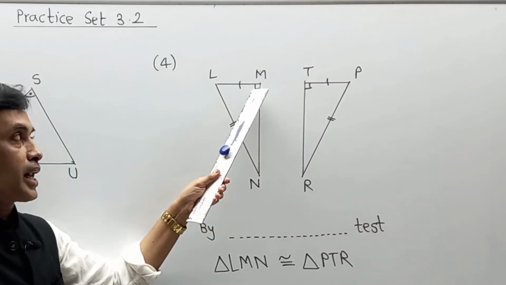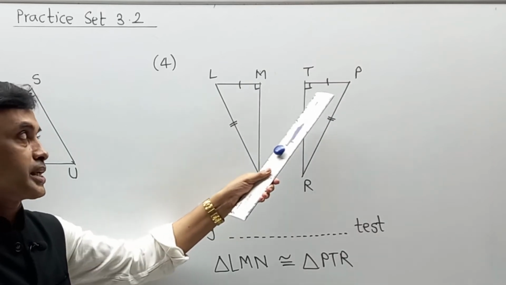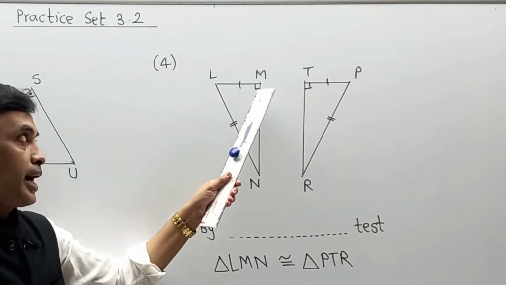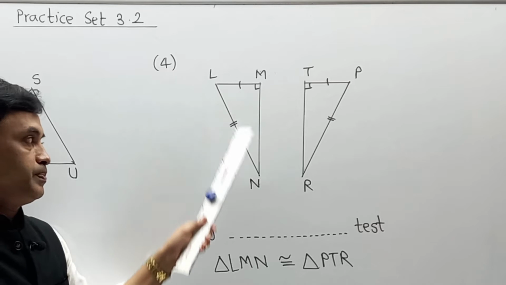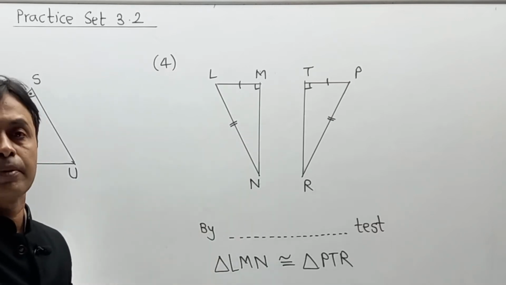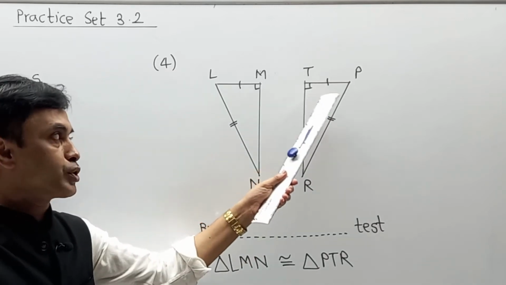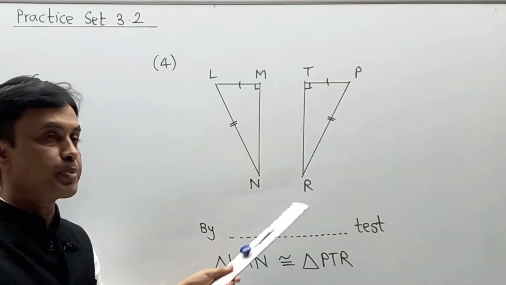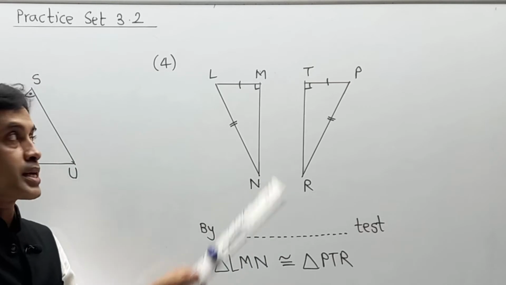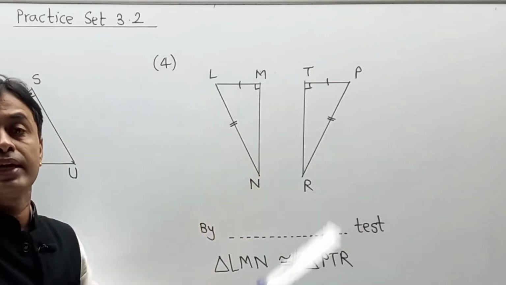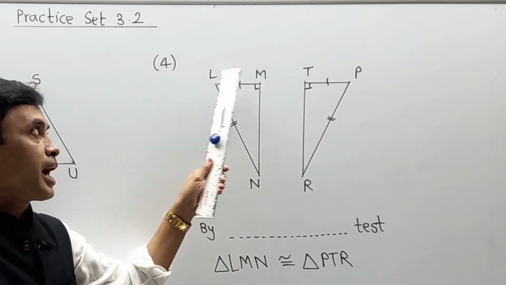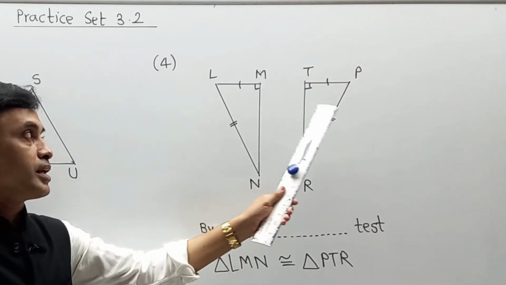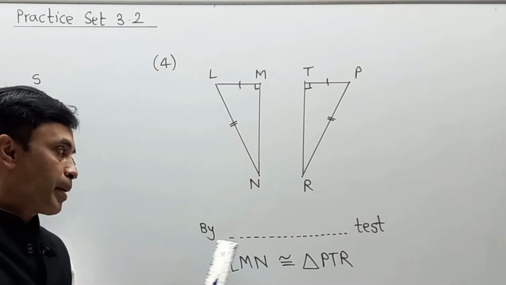After that, they have given angle M as 90 degrees by a symbol, and angle T is 90 degrees by a symbol. Opposite to angle M is LN, which is the hypotenuse. Exactly opposite to 90 degrees means hypotenuse, and here that is PR. In this case, opposite to 90 degrees we have one hypotenuse and one side congruent. Naturally, the first triangle is congruent with the second triangle by